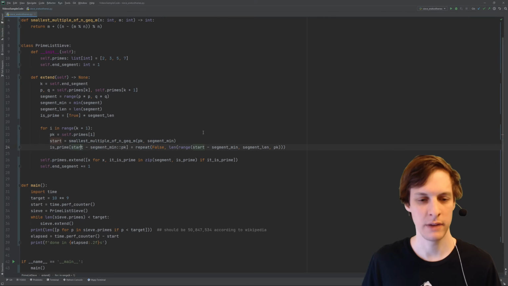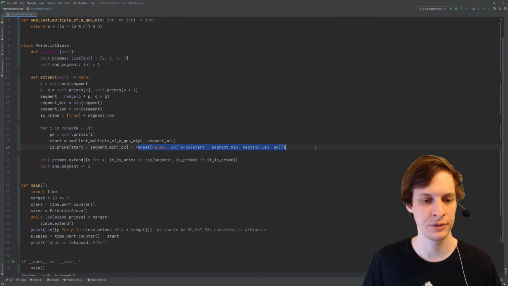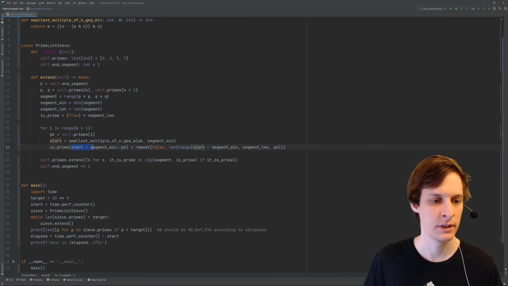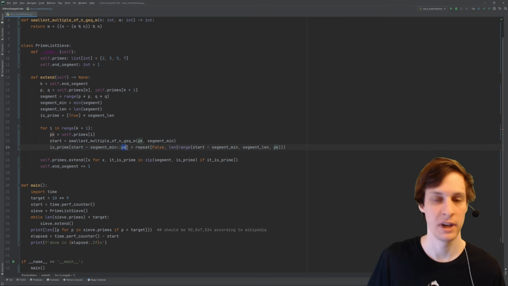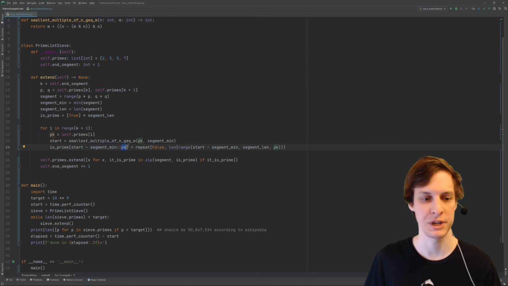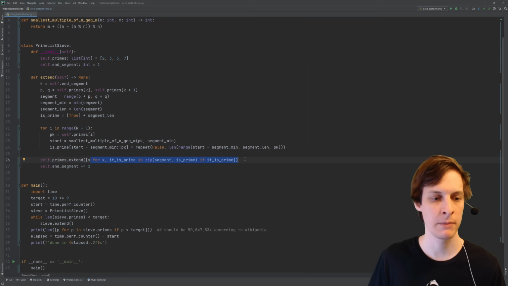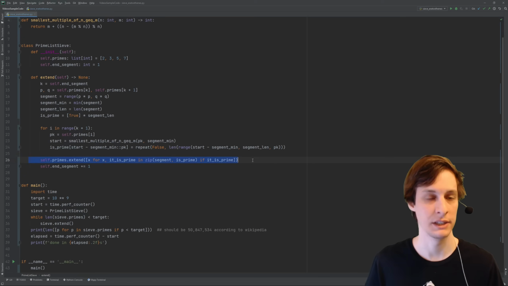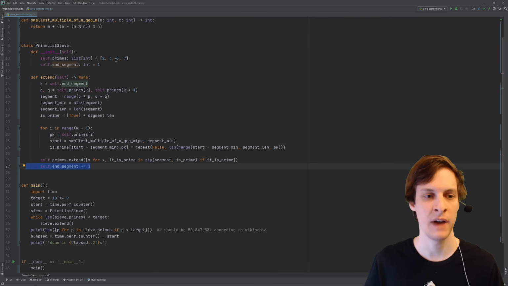So this is a little bit of a confusing looking line. Basically, all this does is assign the value false to all of the indices from the minimum of the segment up to the maximum of the segment in multiples of the prime. And I just do that for each prime. Then I go through and I look which things are still marked prime. I add those primes to my list of primes, and then I go through and mark it as saying that now I've moved the 3 up to 5, meaning I found all the prime numbers up to the square of 5.